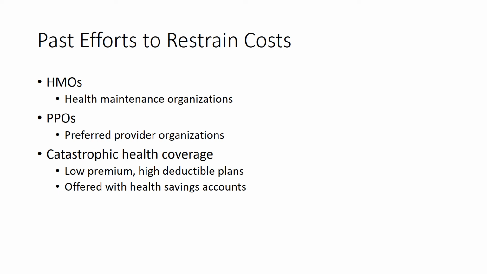There are also health insurance plans known as catastrophic health coverage or catastrophic health insurance. These are very low premium plans, but they have very high deductibles. And a deductible is the amount of money you have to pay before the health insurance will kick in. So in a catastrophic health plan, maybe you're only paying $100 to $200 a month, but maybe you have a $10,000 deductible. And that means you have to pay out of your own pocket $10,000 before that health insurance plan will cover even a dime. So these can be very expensive if you get sick, and this actually can be a cause of bankruptcy in some instances.